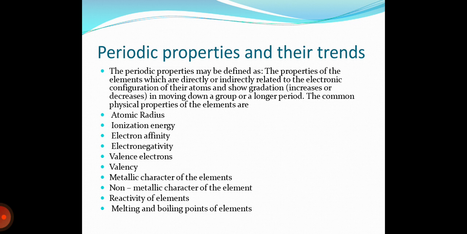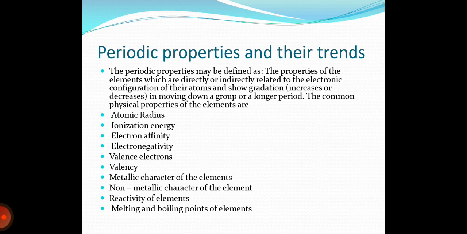Then the periodic table properties and their trends. The periodic properties may be defined as the properties of the elements which are directly or indirectly related to the electronic configuration of their atoms and show gradation, increasing or decreasing, in moving down a group or across a period. The common physical properties of the elements are atomic radius, ionization energy, electron affinity,